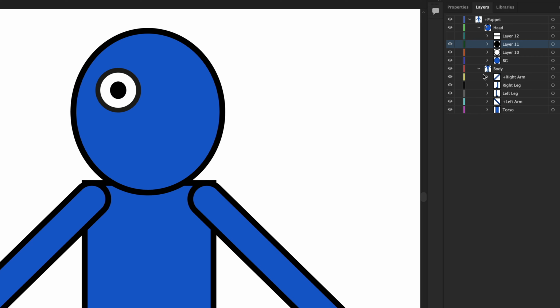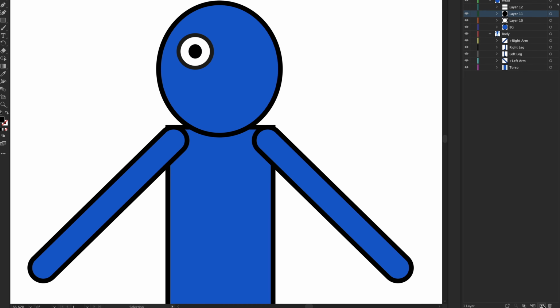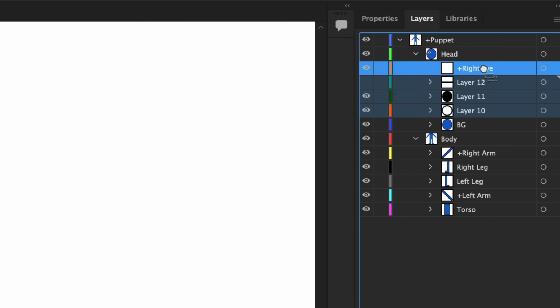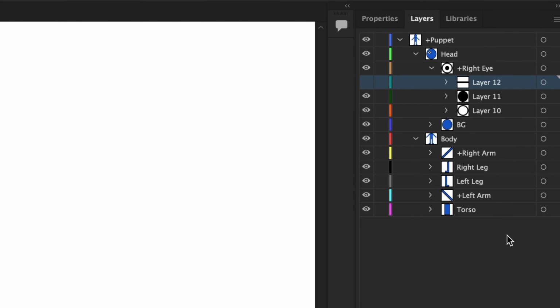Okay, so I've got three different layers, the eyeball, the pupil, and the blink, and I want to put them all inside an eye container. So I'm going to create one more layer here. This would be a group in Photoshop. And I'm just going to double click and we're going to call this plus right eye because again, this is on the character's right side of the face. And then I'm going to shift select these three elements and drag them into my right eye. So now I have this group, the right eye, that is going to have all three of these things inside